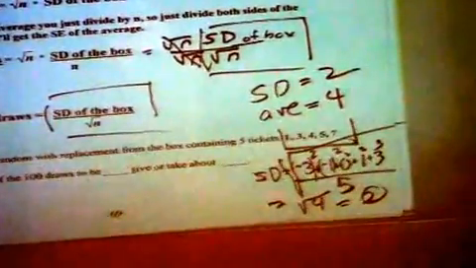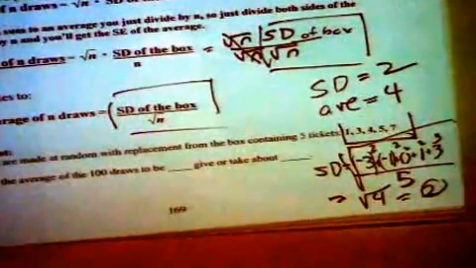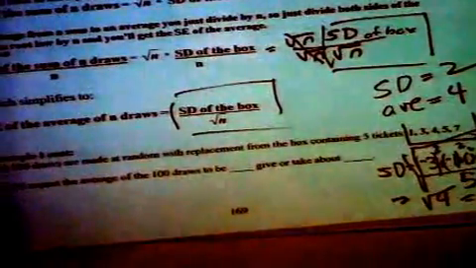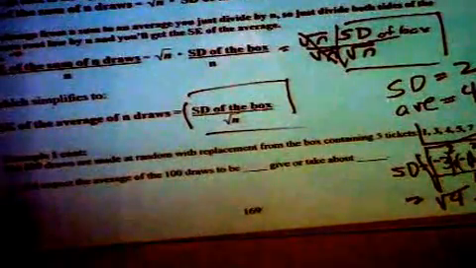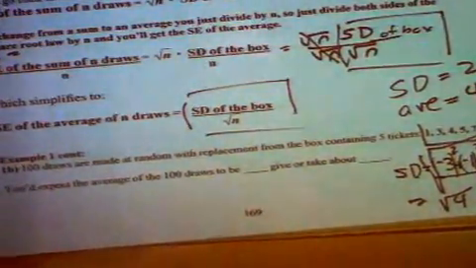All right, now let's do an iClicker question. Let's just do this as an iClicker so I can give you some points for coming here. And so you'd expect the average to be what? Give or take about what? This is what you're going to be using, this formula. So let's see if you can do this.